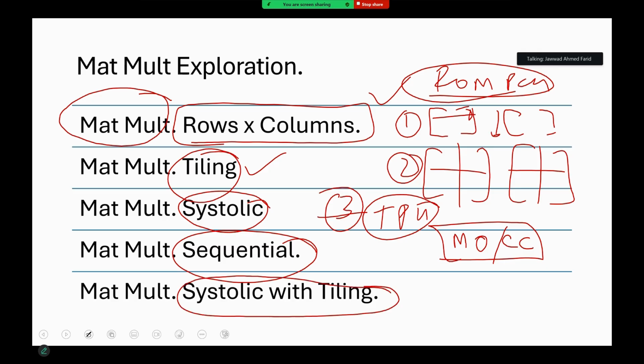This is what we've done so far. Sequential हमने अब तक किया नहीं है, sequential हम सबसे आखिर में करेंगे, लेकिन जो rows and column वाली approach है वो हमने mid term से पहले कर ली थी. Tiling हमने discuss की थी, हमने implement नहीं किया था, but that's a circuit that you have to figure out on your own. And then systolic we've shared, so you have to build this. Right? So these are the three pieces.